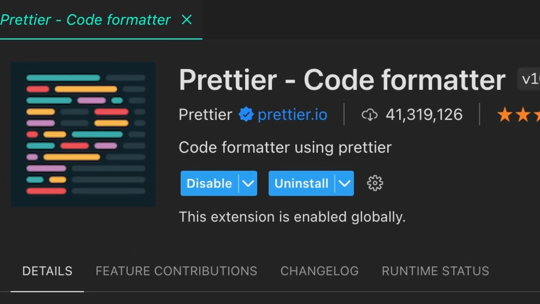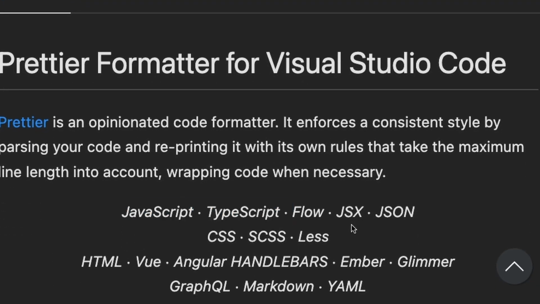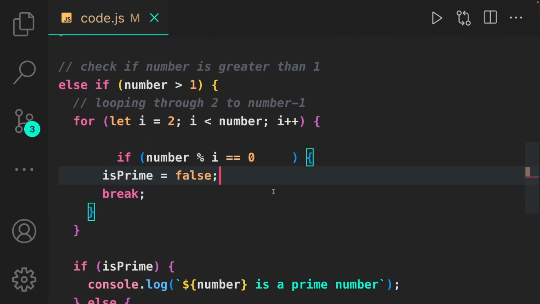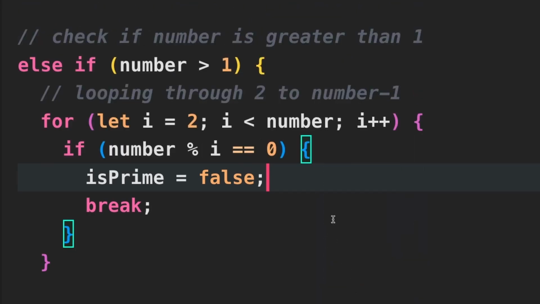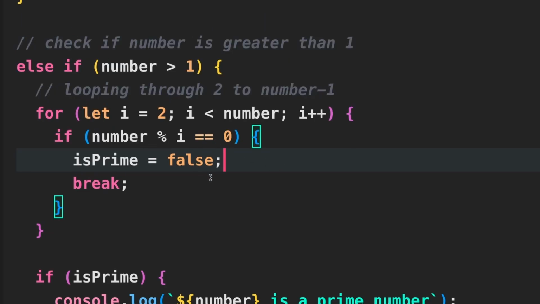Prettier is one of the best code formatters out there for multiple languages like JavaScript, TypeScript, JSX, JSON, and more. As you write code which is not formatted properly, it has some empty lines, some unnecessary spaces, and bad indentation. If you have the Prettier extension installed, you can simply right click and then select Format Document. Your document will be automatically formatted. Or alternatively, you can simply press Ctrl+S and it will be formatted. It will even add the